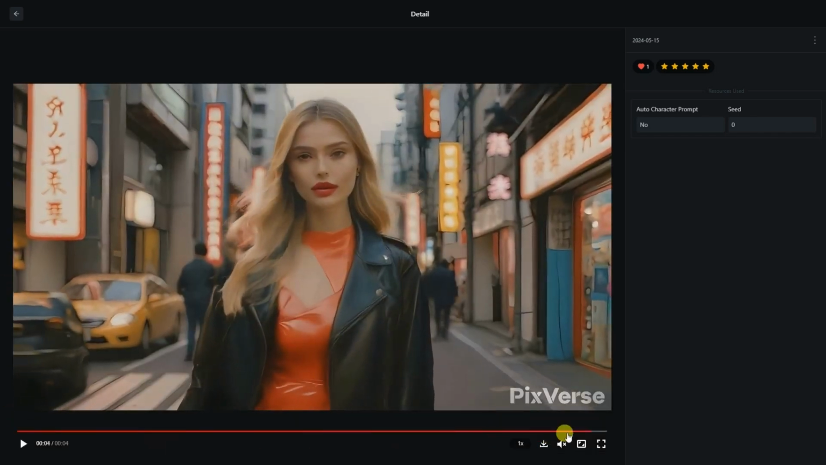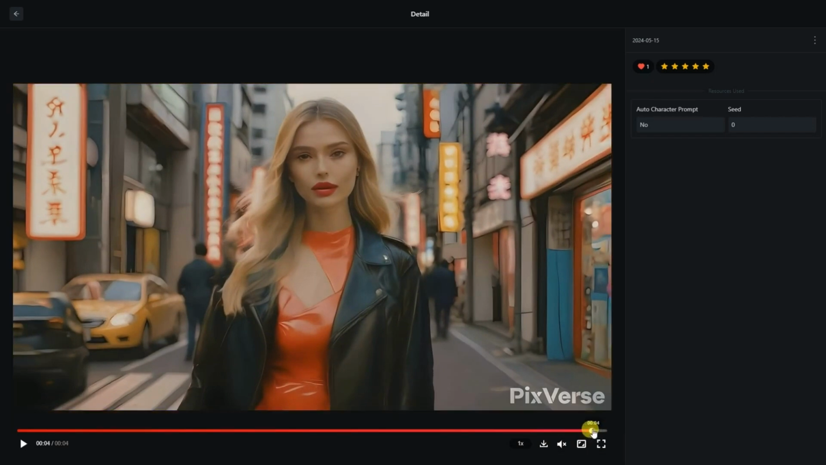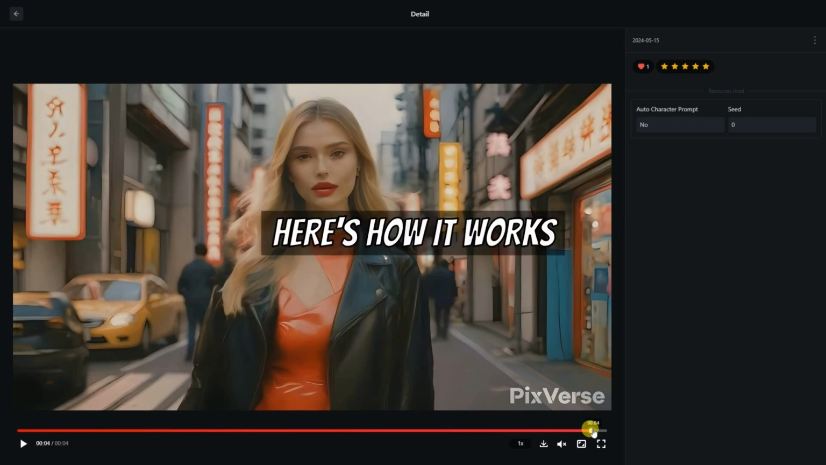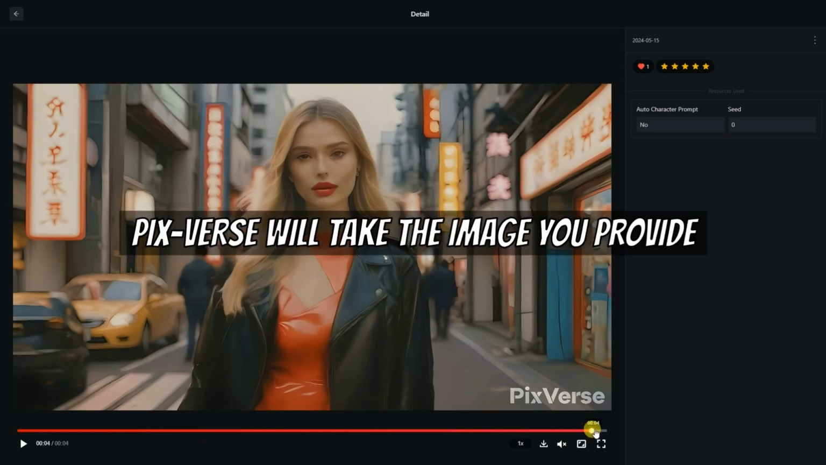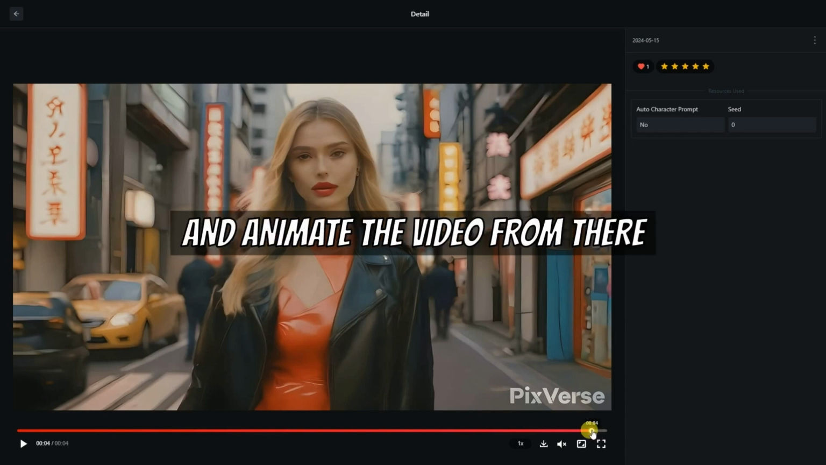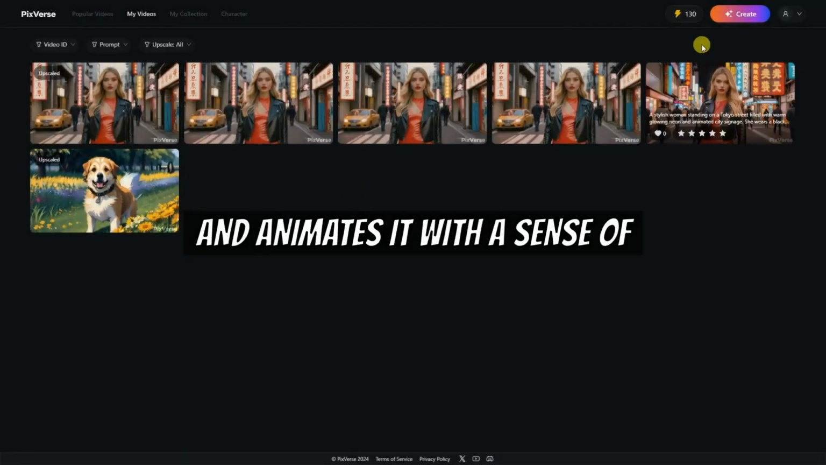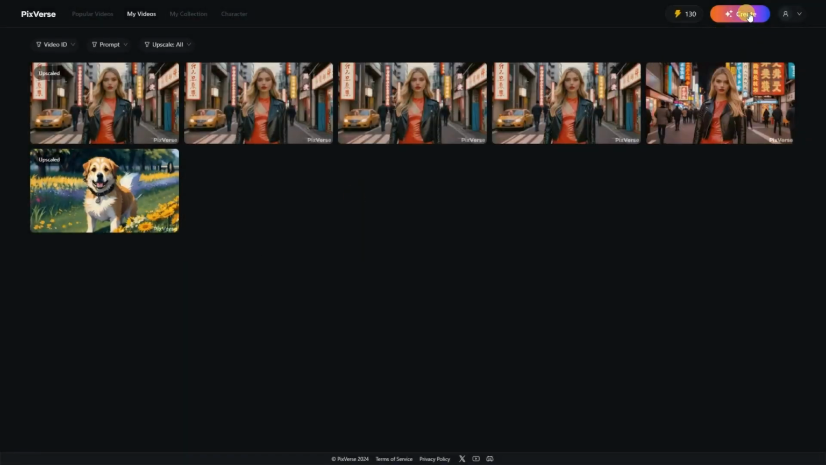Go to the last frame of a video and take a screenshot. We will utilize the image to video feature in Pix-Verse. So, here's how it works. Pix-Verse will take the image you provide as the initial frame and animate the video from there. It analyzes the content of the image and animates it with a sense of logic and coherence, so click on